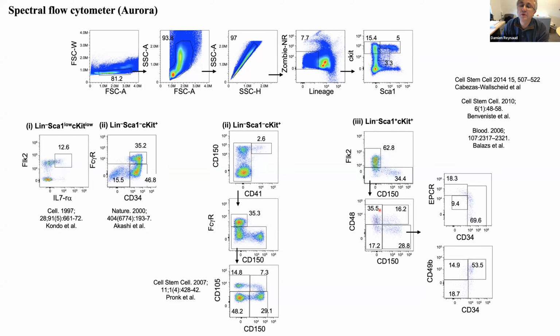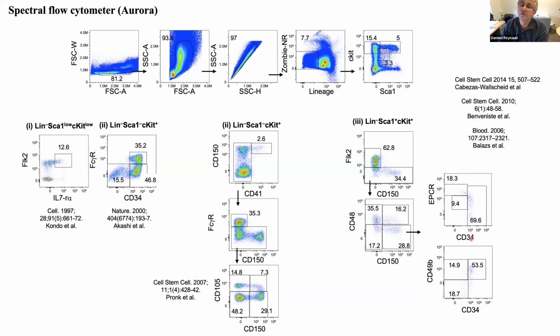So this is the MPP4, the stem cells, which are CD48 negative, CD150 positive, the MPP5, the MPP2, and the MPP3. This staining allows us to further segregate in this CD150 positive HSC, to segregate long-term and short-term